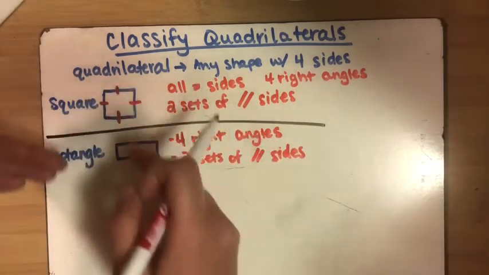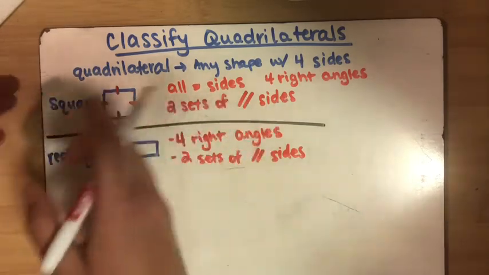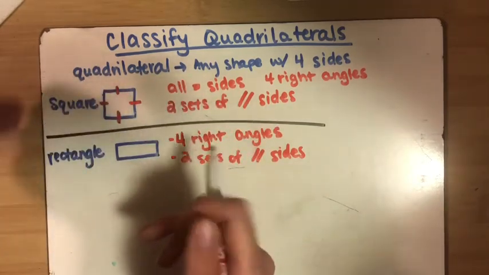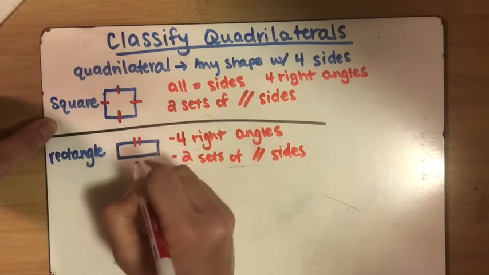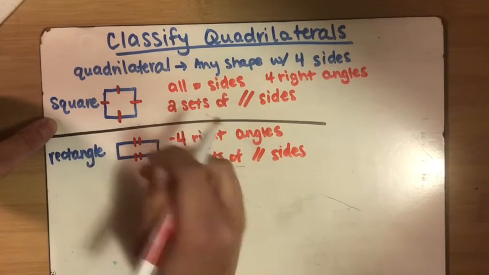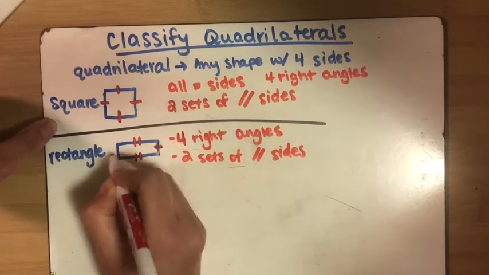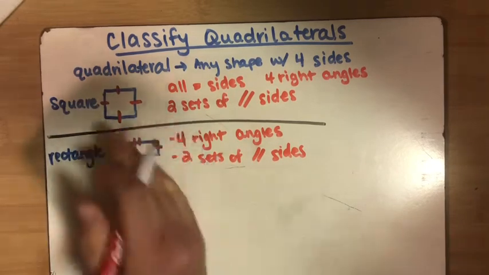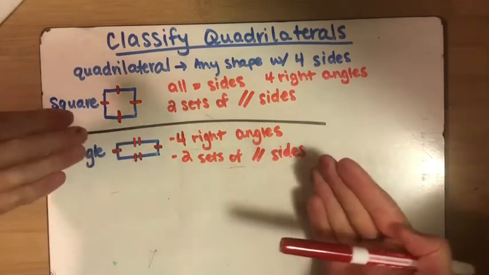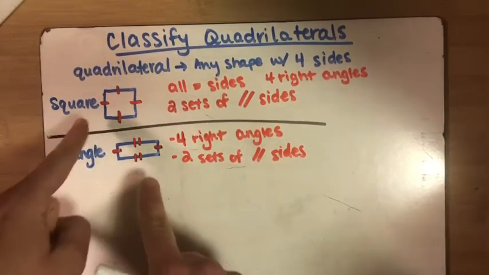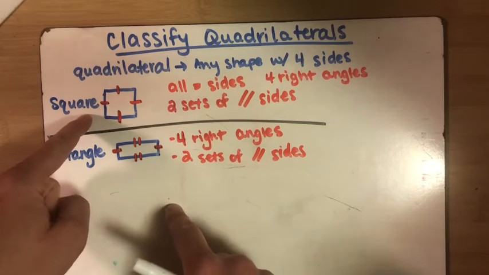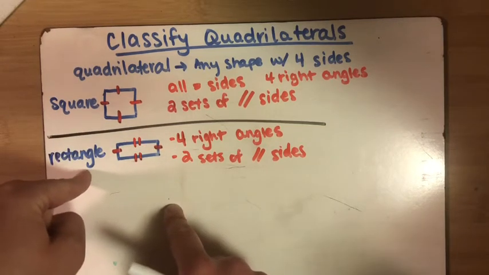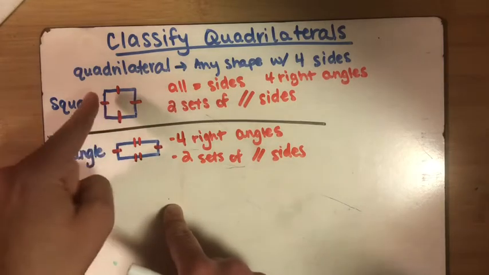So the difference between a square and a rectangle is that you don't have to have all of the sides the same length. You do still need to have 2 sets of parallel sides. So what ends up happening is these 2 sides are equal and these 2 sides are equal, but they're not all the same. But a square can still technically be classified as a rectangle, because if I draw this shape,